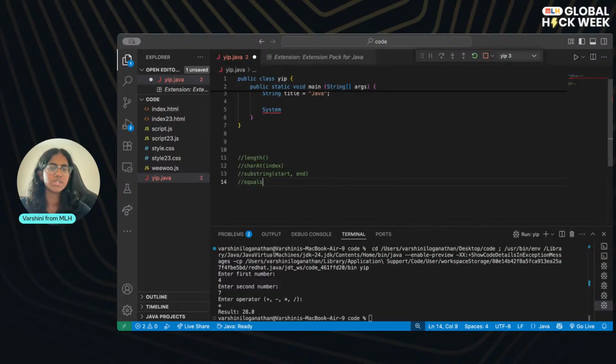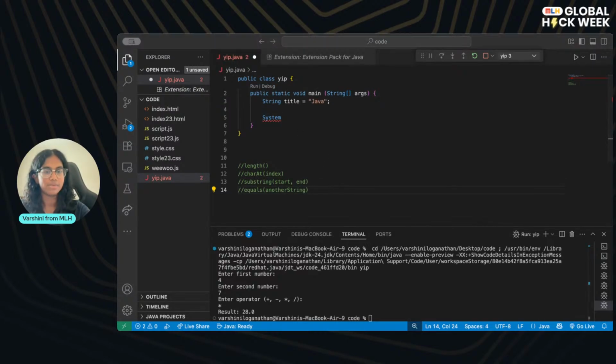Finally, there are a lot of methods that you can use on strings. We're just covering these 4 because these are the main ones. You can also use the equals method. You use one string and do dot equals with another string to check if they're equal, and they have to be the exact same strings. So let's check that. Make sure there's no comments. Okay, so we're going to check that.